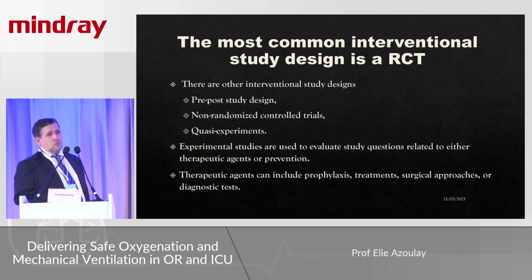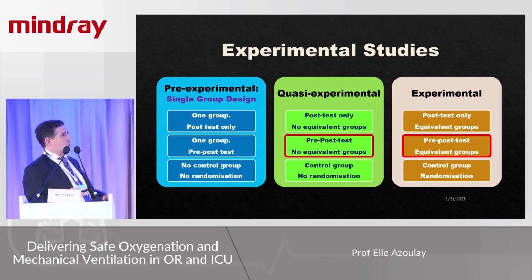The most common interventional study is a randomized controlled trial, but we are very far from thinking that it's only strength, and they have, of course, drawbacks. So we know that there are the pre-post studies that are not randomized controlled trials. There are the non-randomized controlled trials, and there are the quasi-experiments. And what we want is to evaluate something that is really precise, that can be either a treatment or a prophylaxis, things like that. So you can see here that we have the pre-experimental design, the quasi-experimental design, and the